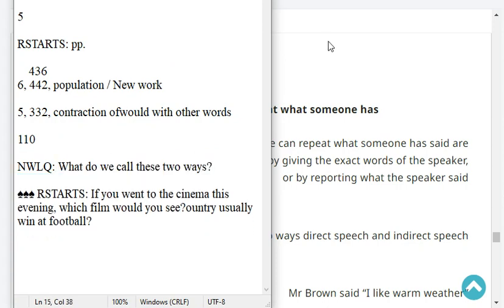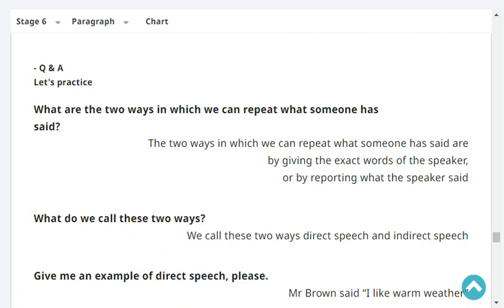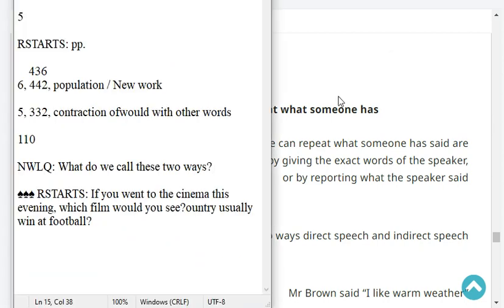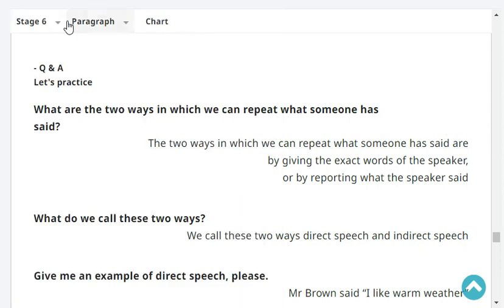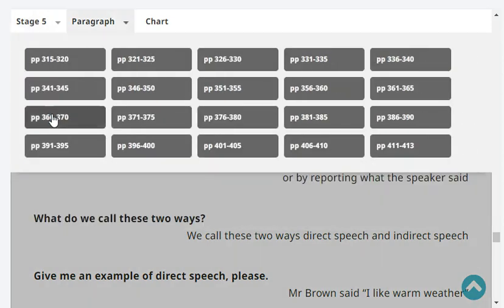Okay, so our reading is at stage 5, page 332. The last headword was construction of wood with other words. Okay, start with the question. If you went to the cinema this evening,